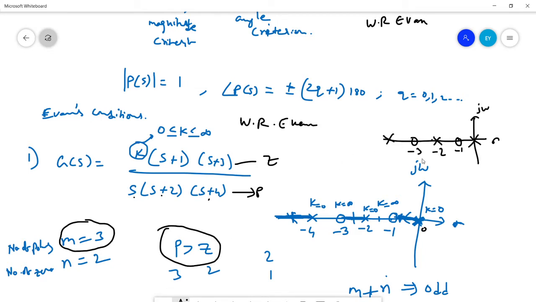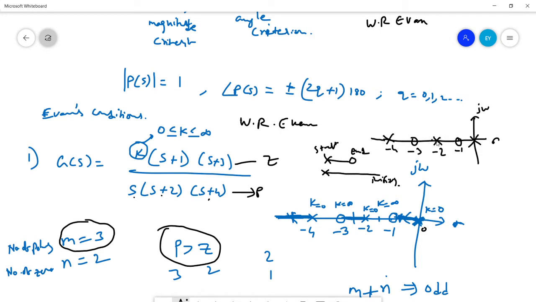Therefore, as we know, in the root locus the locus starts from the poles and ends at the zeros. This is the starting point and the end. If there is no zero, the pole will start and reach infinity. So as we see in this plot, once we represent the root locus, we know that there are 3 poles and 2 zeros. That means 2 poles will end at 2 zeros and 1 pole will end at infinity.